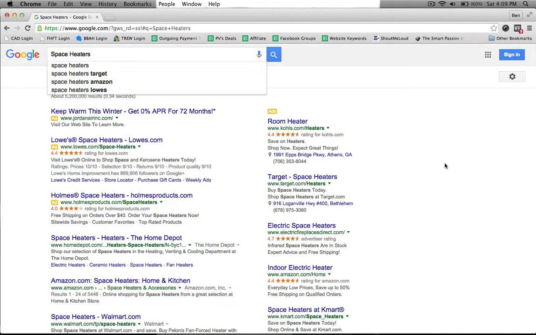It would be absolutely amazing if you could rank your website for that keyword, but getting there is going to be a really tough uphill battle just because there's so much competition. So what you do instead is, instead of targeting just the broad term space heaters, you want to get a subcategory for it. And here's an example. Instead of just space heaters, let's get a little more specific and say,